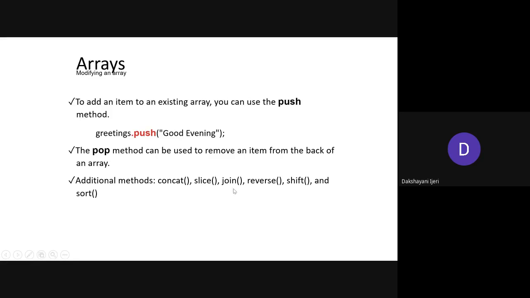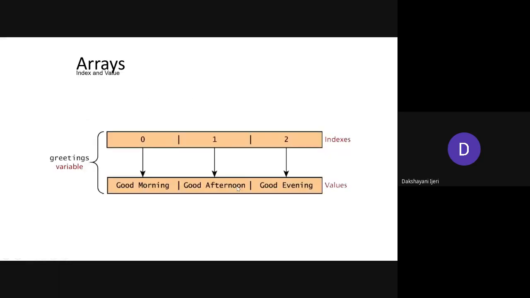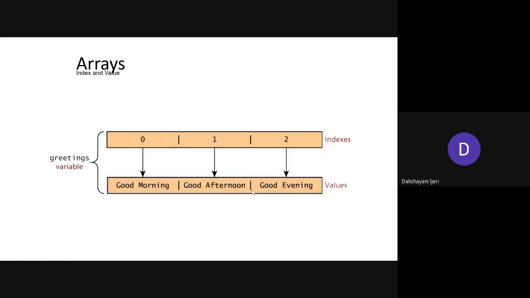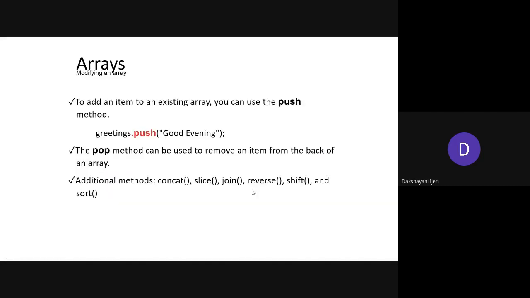Okay. So join, in the sense, this method is used to join the elements of an array. Do not get confused. Join is not used for joining two arrays. Instead, the join method is used to join the elements within an array with some separator. For example, here in this case, if you want to join all these elements separated by a star in between, you can go for using the join method, that is good morning star, good afternoon star, and good evening, right?